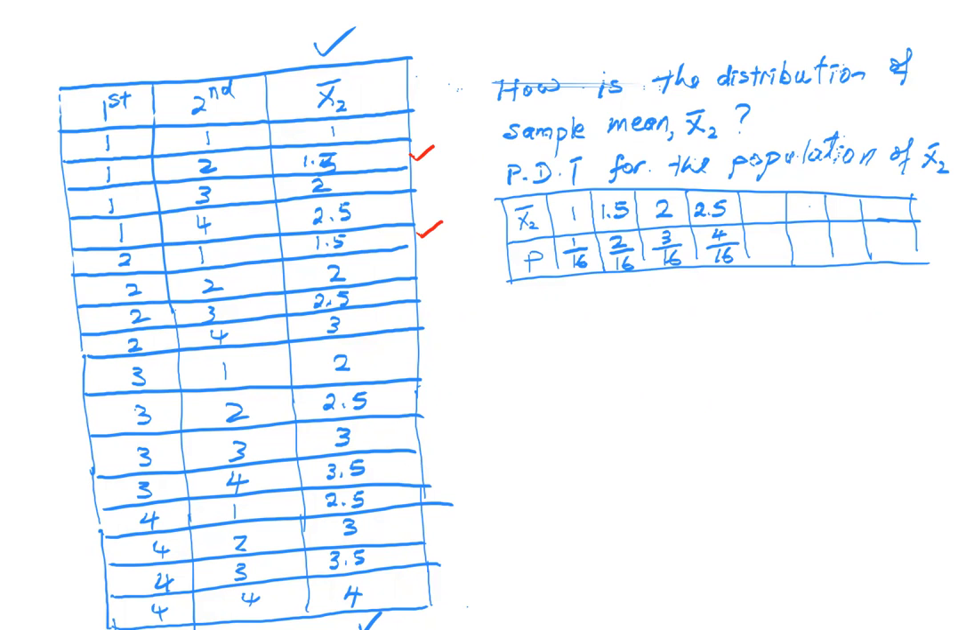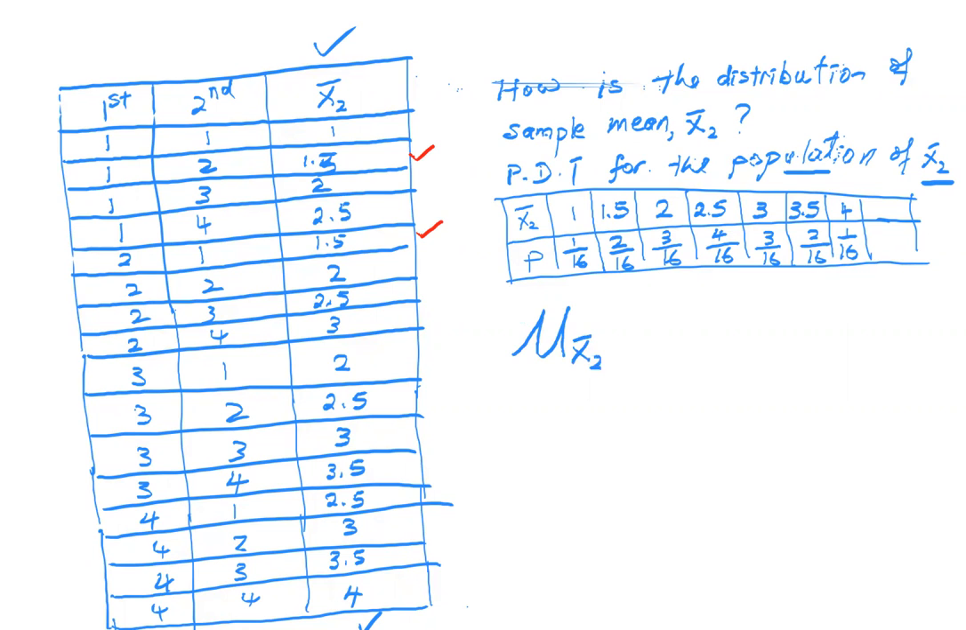Okay. Then after that is 3. 3 appears how many times? 3 times. Then 3.5 appears 2 times. Then 4 appears 1. Done. So can you find? Look, here is my population of sample mean. So if I write like this, population, correct? If I write like this,